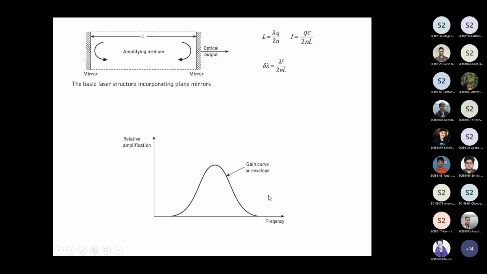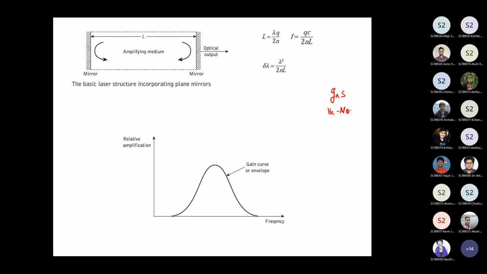Now there are different gain materials or gain mediums by which you can create a laser. For example, you can have a gas laser, such as the helium neon laser, where the gain medium is provided by helium and neon. For example, in your operational amplifier, the amplifier is the op-amp. That's an electronic amplifier, a solid state amplifier.